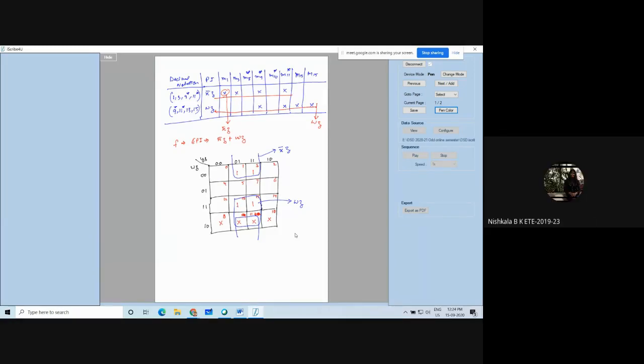Yes, ma'am. Okay. Now I would like to add to this, if you get a QM method question for a max term, what all changes will be there, I will just tell you, because there is no big difference between QM method for min term and QM method for max term. Okay, so just for the sake of completing the thing, you can do it.